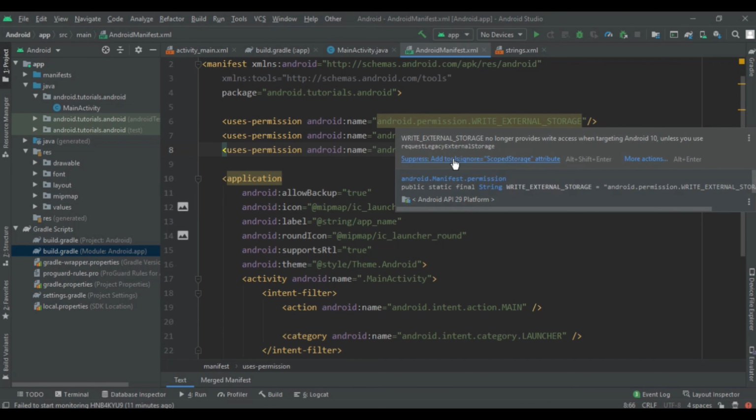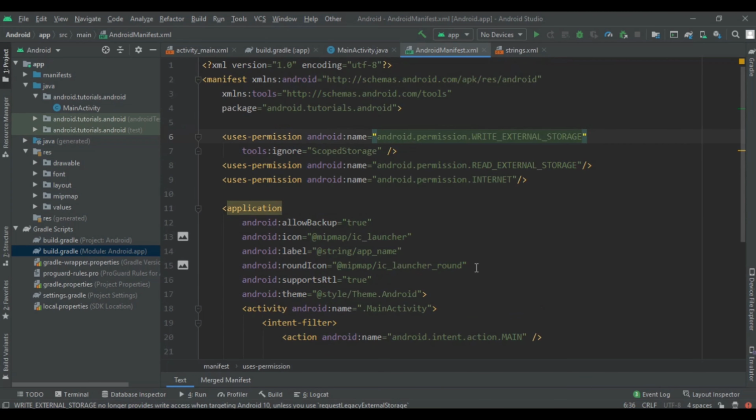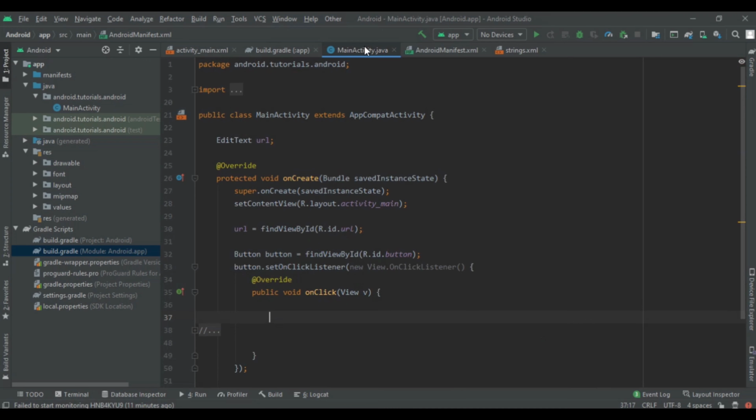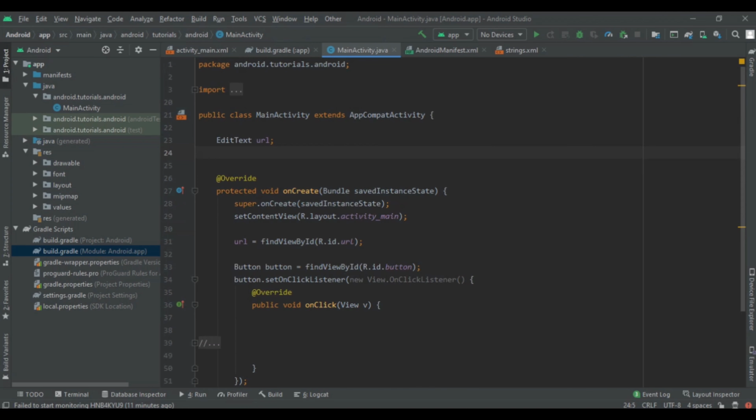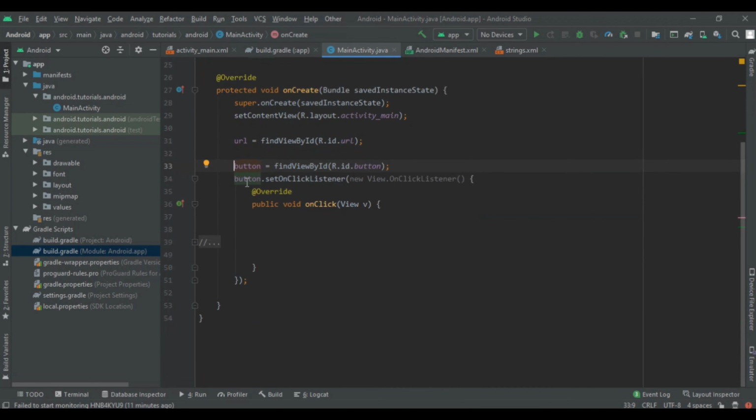Now we can start implementing in our MainActivity.java file. So in our main activity we are going to add a global variable EditText and one Button. That button name will be button only. After that I am going to make these global, so you can see that I made the EditText and Button global variables, and then give the URL to findViewById. After that we are going to add findViewById for our button also, and then we are going to set an OnClickListener on that button.